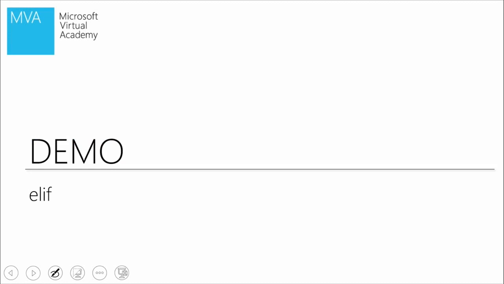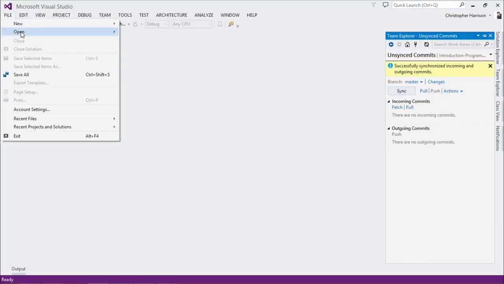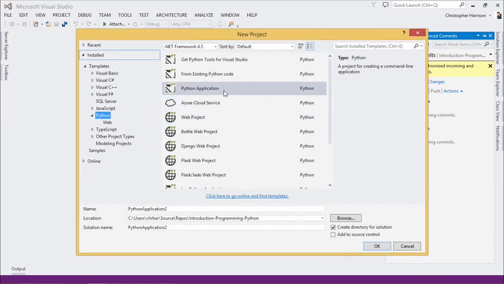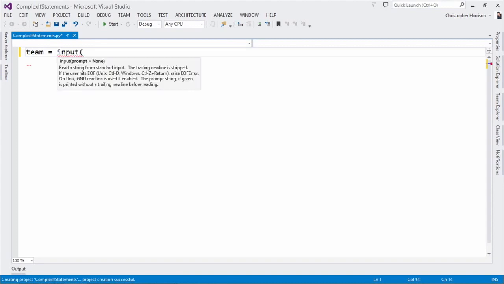So let's go in and take a look at a little demo here on our elif. What I'm going to do is open up Visual Studio. There we go. Let me do File, New Project, Python, and let's go in and name it complex if statements. And let's keep having fun with the hockey from before. Go Sens. So let's say team equals input, enter your favorite